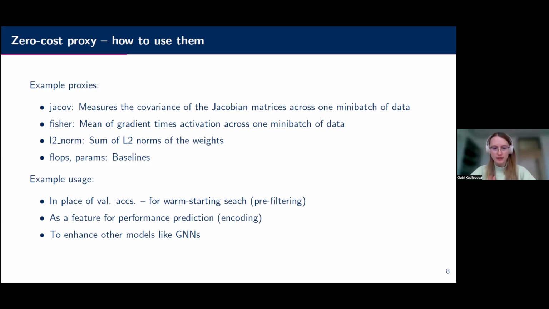Or another application, which we will use here quite heavily, is to have it as an encoding for performance prediction. And the last application, you can add them to graph neural networks to make them better. This actually works quite well because it plays well with the weaknesses of graph neural networks. So what GNNs cannot do, zero-cost proxies usually tend to make better.